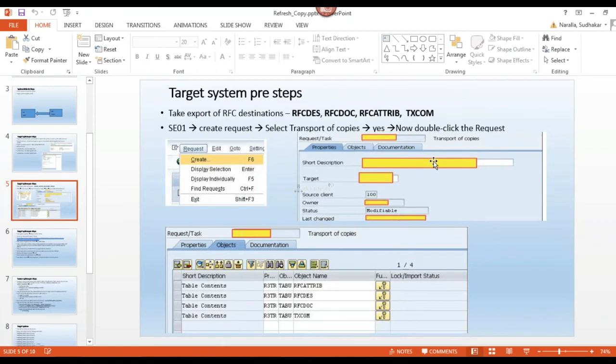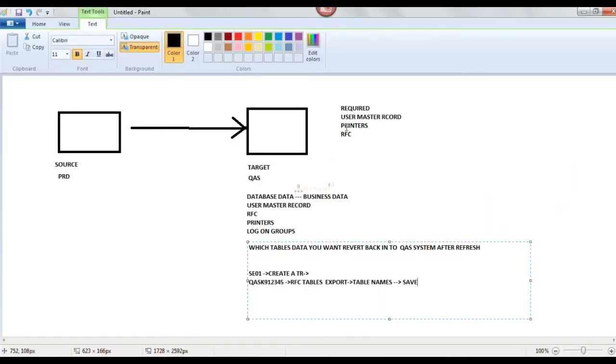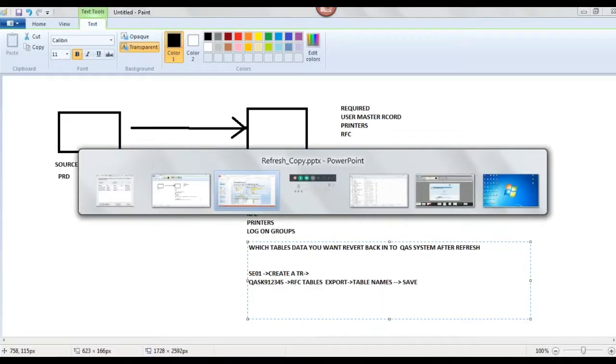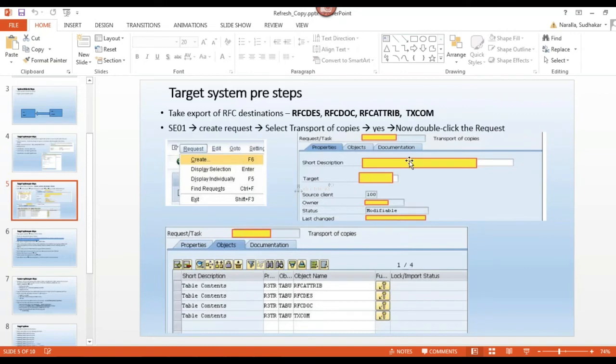Got my point? So if I want to take RFCs and printers, then I can create one transport request. Under one transport request, I can provide RFC tables as well as printer tables at one time.